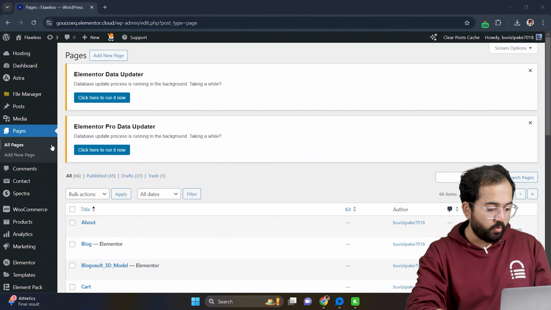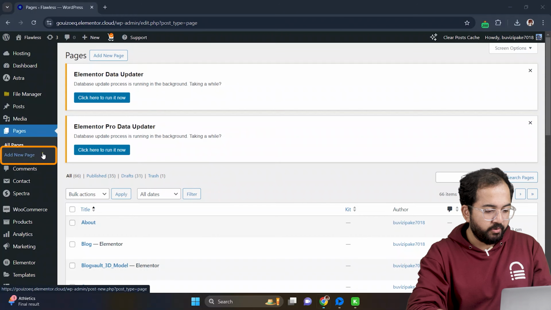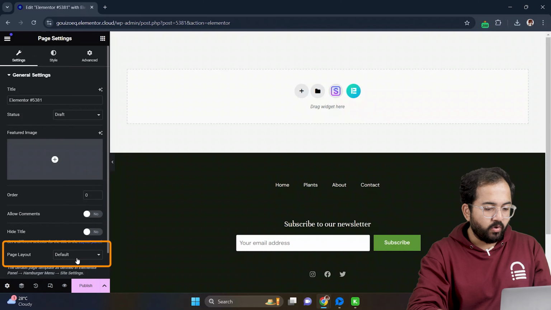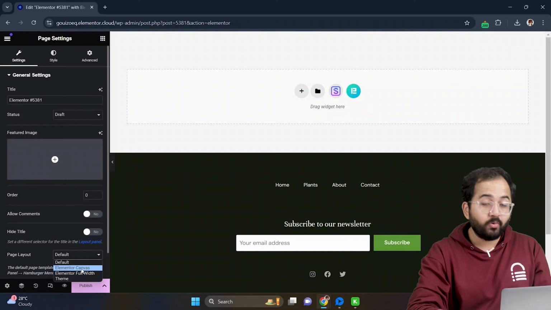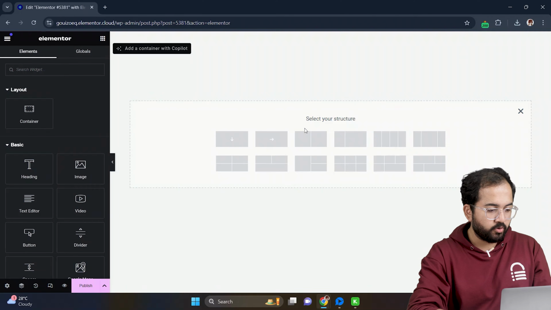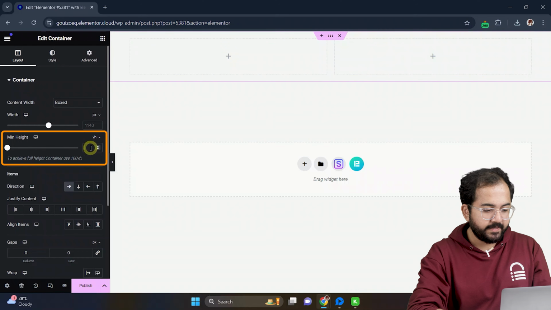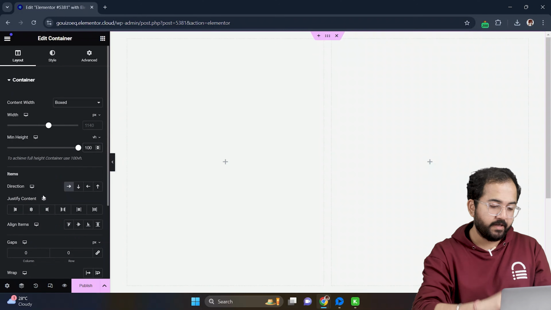Now before we start, I'll quickly create a new page to show the effect. So go to your WordPress dashboard, click on Add New and choose Edit with Elementor. To set up a clean workspace, switch the page layout to Elementor canvas. I'll go with a 2-column structure and make it full screen by setting the minimum height to 100 VH and